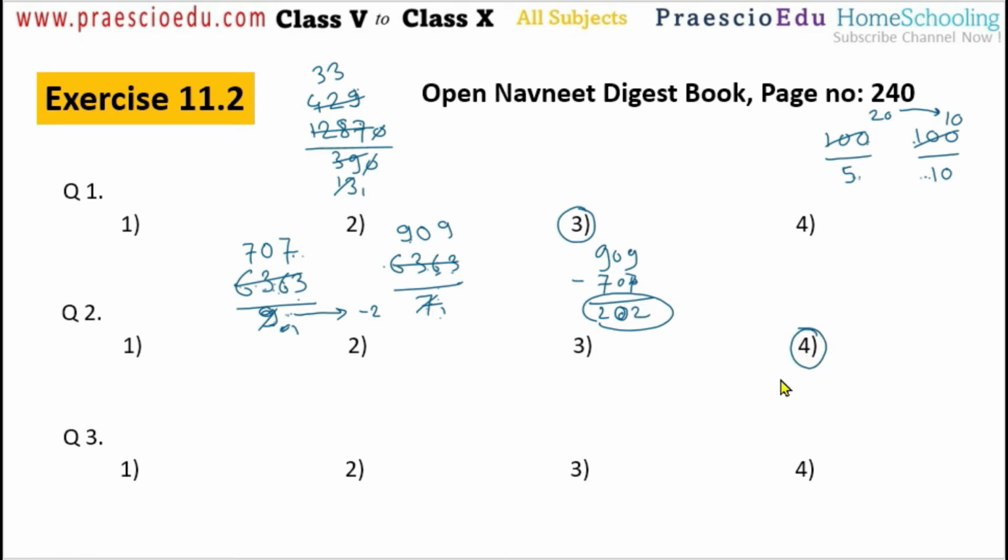Now question number 3, which of the following is a true statement? We have to find out the true statement. So first is, divisor is less than the quotient. This statement is totally wrong, or we can say totally incomplete. The divisor is always less than the quotient, we cannot say that. In this case, this is the divisor and this is the quotient. In this case, this is the lesser, but how about this one?